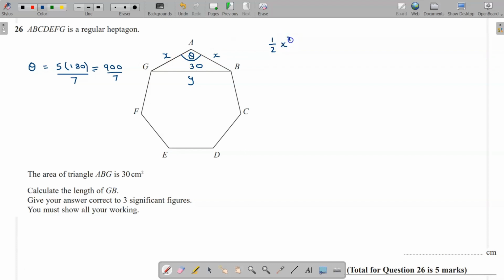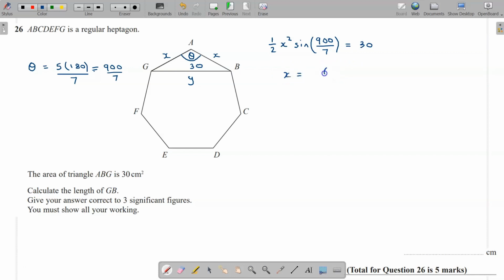Because both sides are x, that's x squared, and the sine of the angle between them is the sine of 900 over 7, whatever that number is. That will give us the area of the triangle, which we know is 30. If I rearrange that by timesing by 2, dividing by sine 900 over 7, and then square rooting, I get that x equals